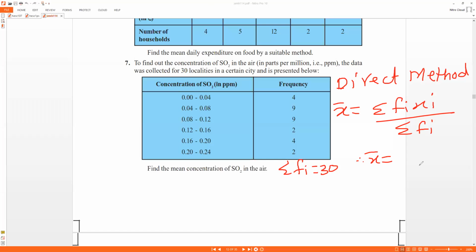Yes, what is the mean? 0.099. Okay, anybody else? What is the mean? 0.0986. 0.0986. Okay,